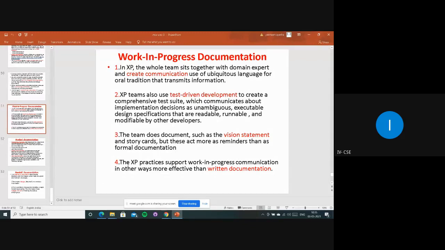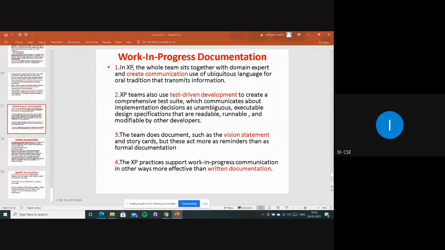Story cards consist of users' or stakeholders' information, and user stories will be there. Simultaneously, the developers working on that particular project will also be conducting meetings, and they will be maintaining some charts or pieces of paper on which all the information is written. Simply we can say that these are story cards. So this acts like a reminder.